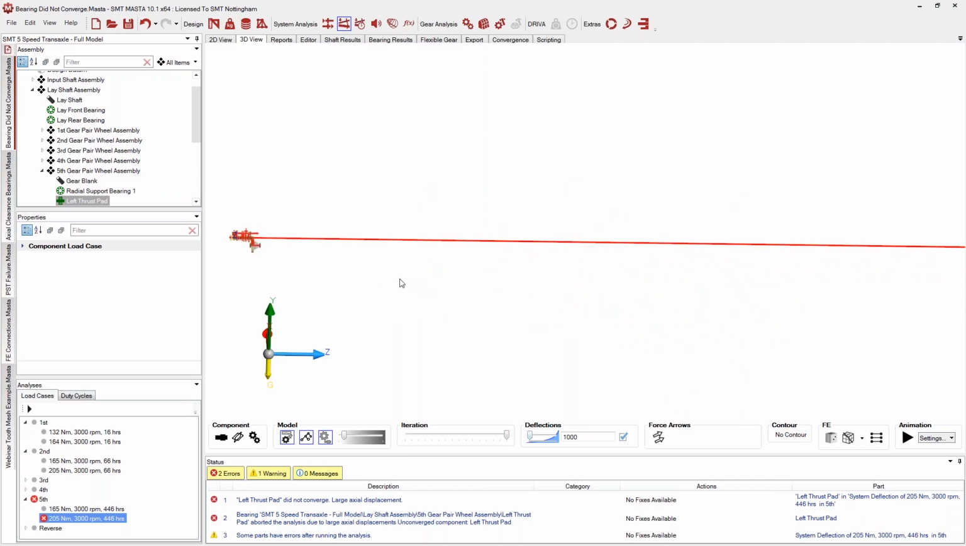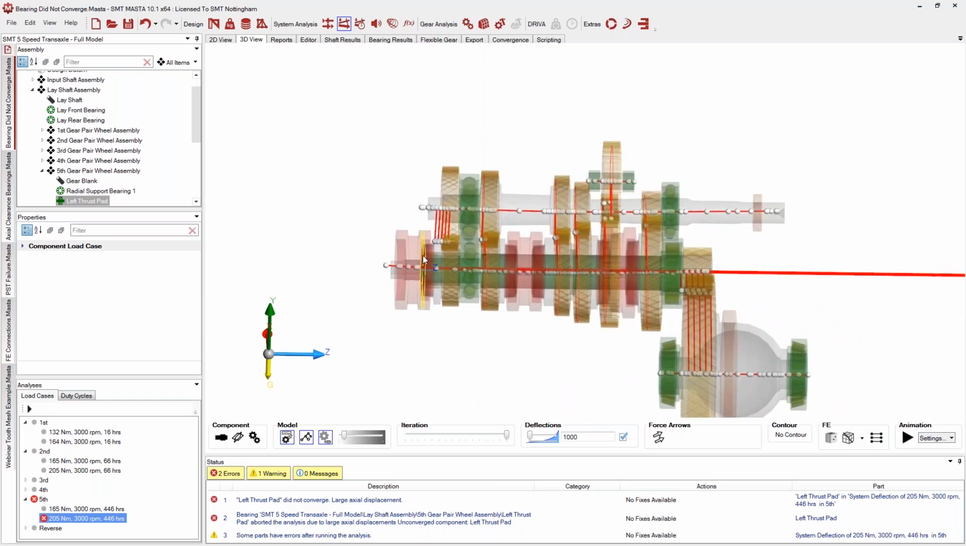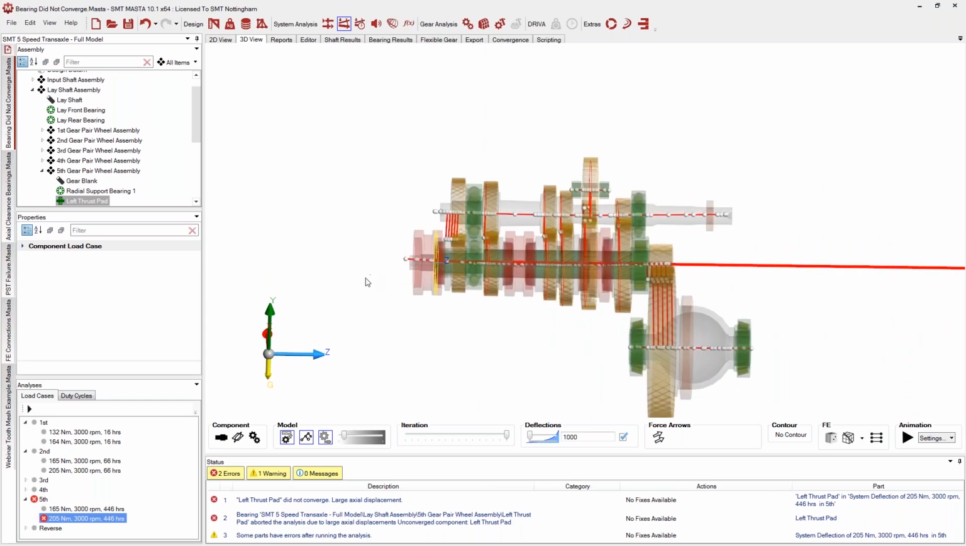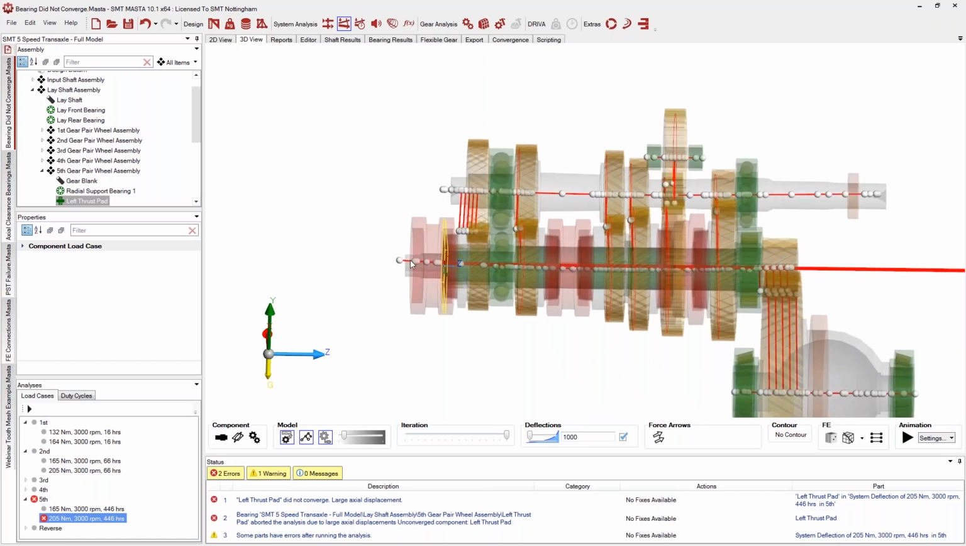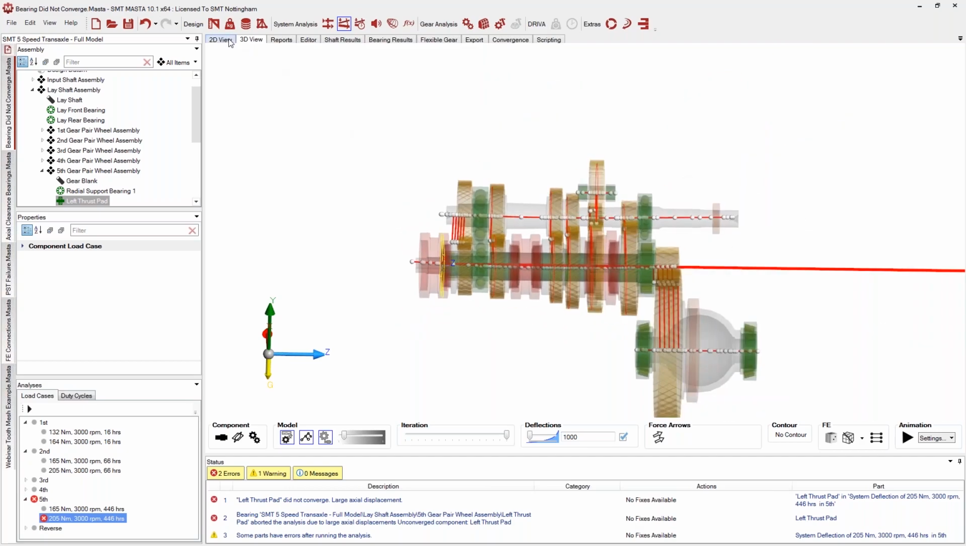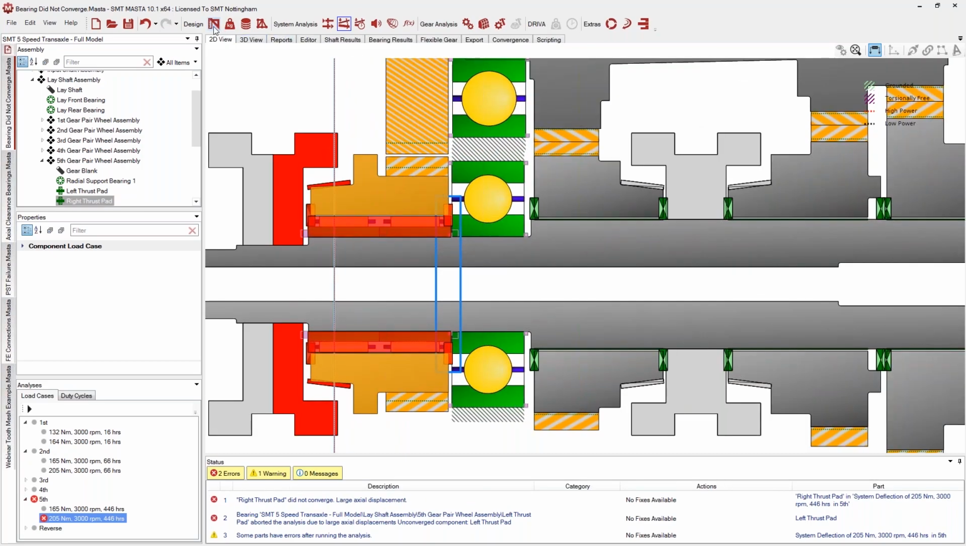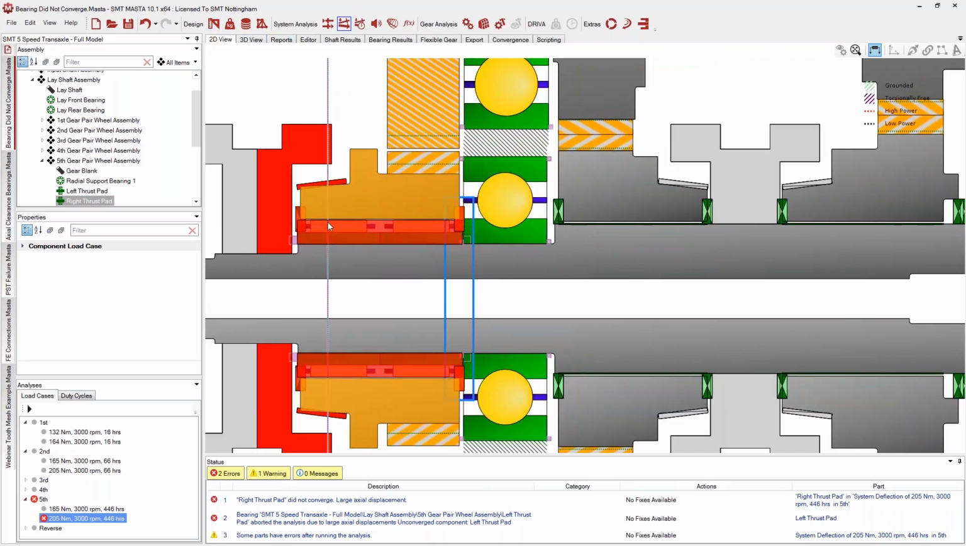And we can see how far away this component has moved. So that's one of the good things about the 3D view. If something's moving that you don't expect it to, then it's very easy to see. So what we have here is the axial clearance bearing. As there's no axial support in the needle roller bearing,